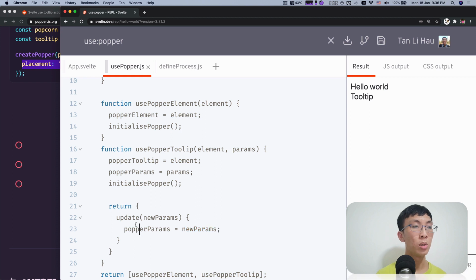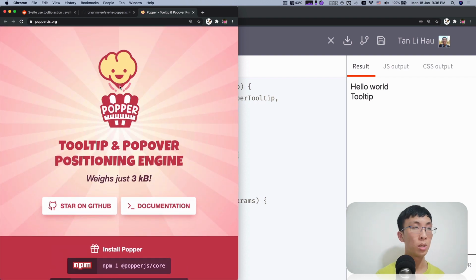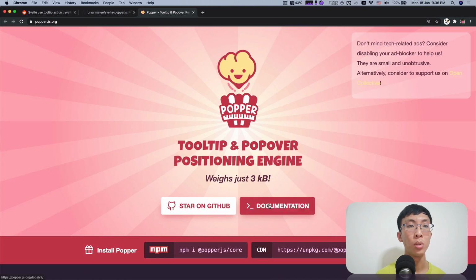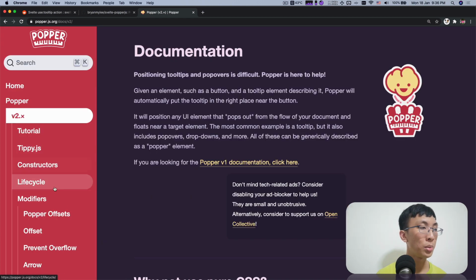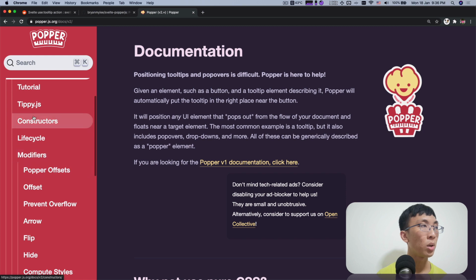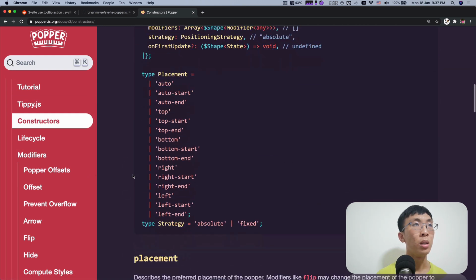But changing it alone wouldn't affect the popper here. So probably we'd also have to look up the popper API documentation to see how we are going to update the params. I'm gonna guess probably it's over here, create popper, and see,